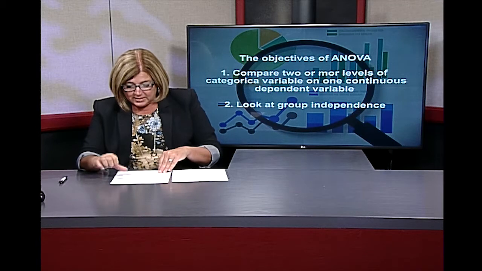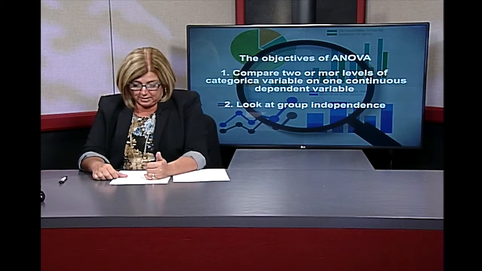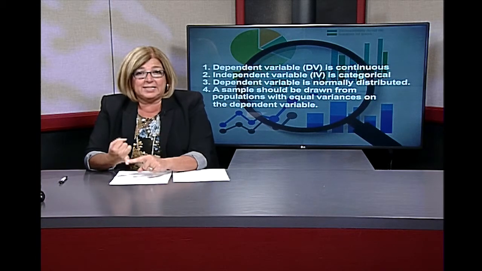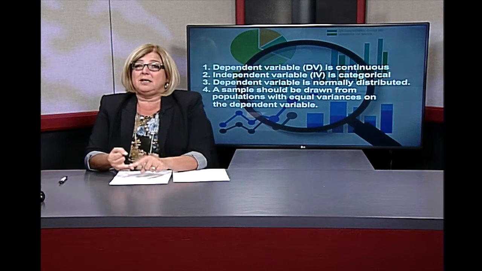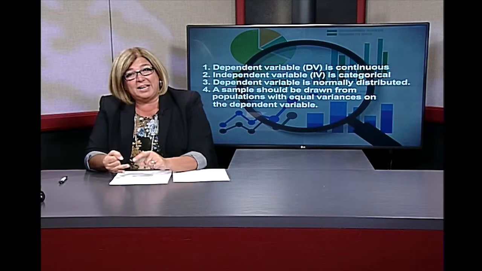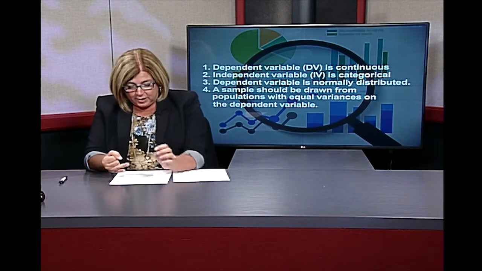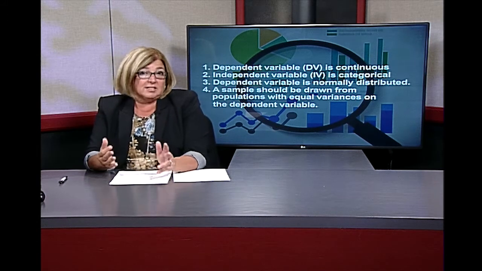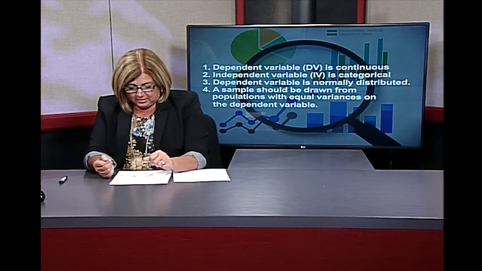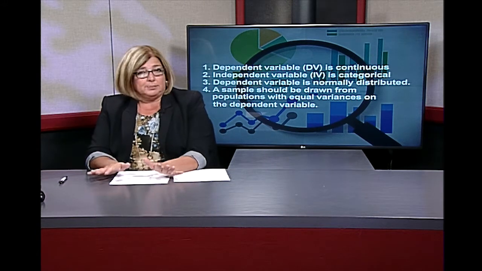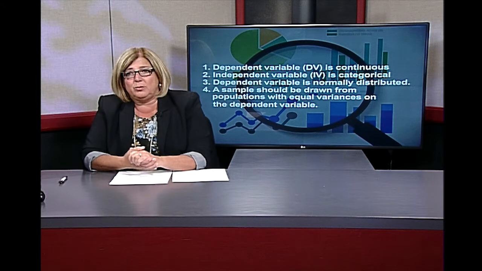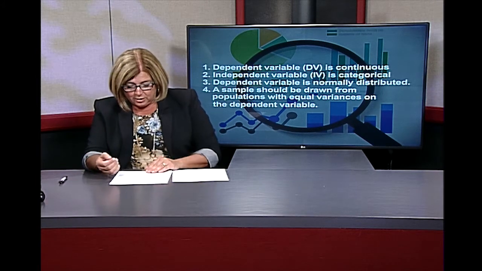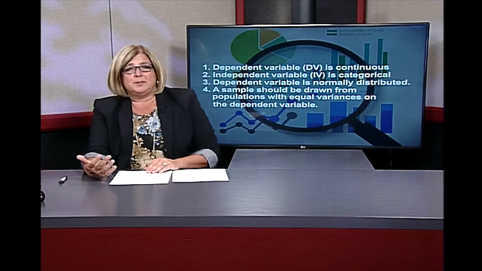Now, as we consider, we want to understand a few basic parts of the model. We know that the dependent variable has to be continuous because we're generating average scores. We know that the independent variable is categorical because we have to have groups that we're comparing. We know that the dependent variable is normally distributed, so that's an aspect of the model we're considering. And then the other part that we've talked about in the previous episode is the idea that we have relatively equal variance across the groups. So we know that we have essentially groups that can be compared.